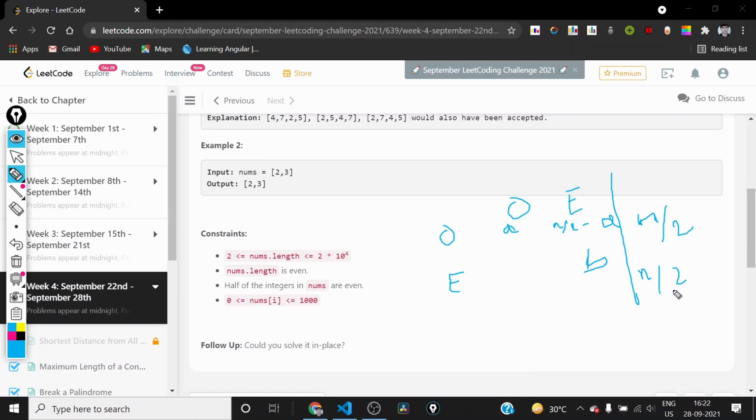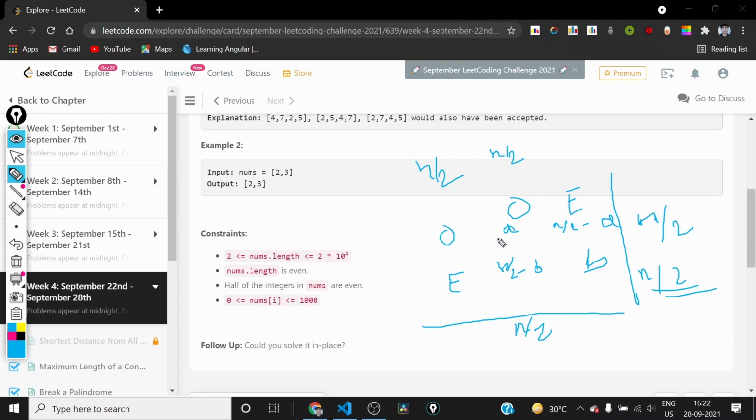So due to this, we can say that there are n by 2 minus b even elements present at odd indices. Now we also know that since this nums.length is even, there will be n by 2 even indices and n by 2 odd indices.